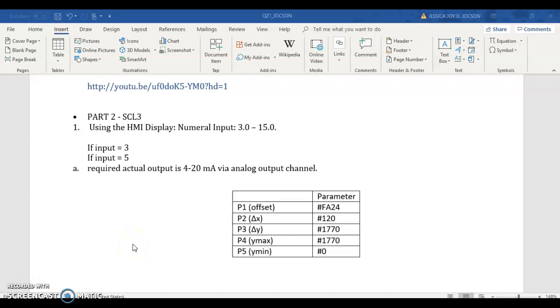Hi, this is Jessica, and I will show you an example of SCL3 using the HMI display. The numerical input must be 3 to 15, and the required actual output is 4 to 20 milliampere via analog